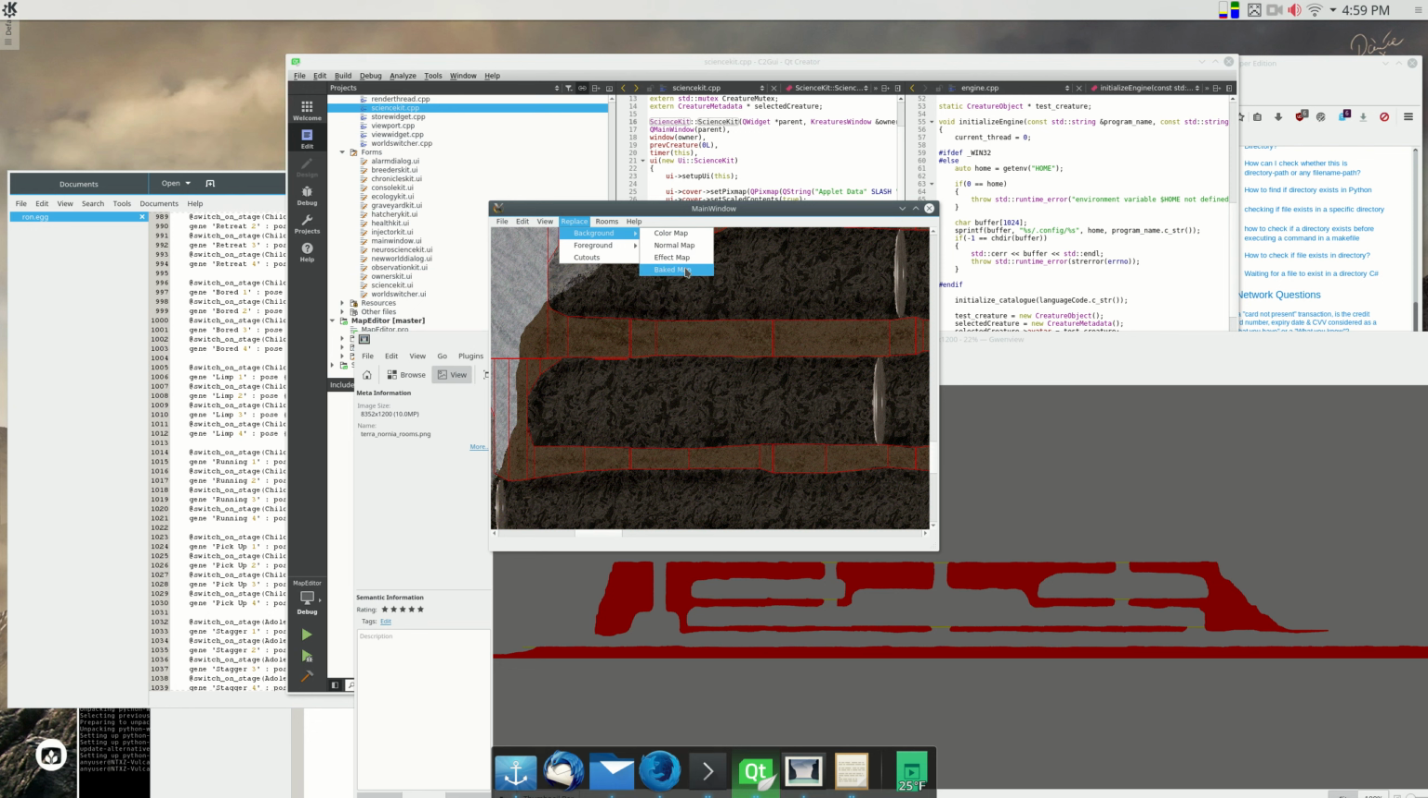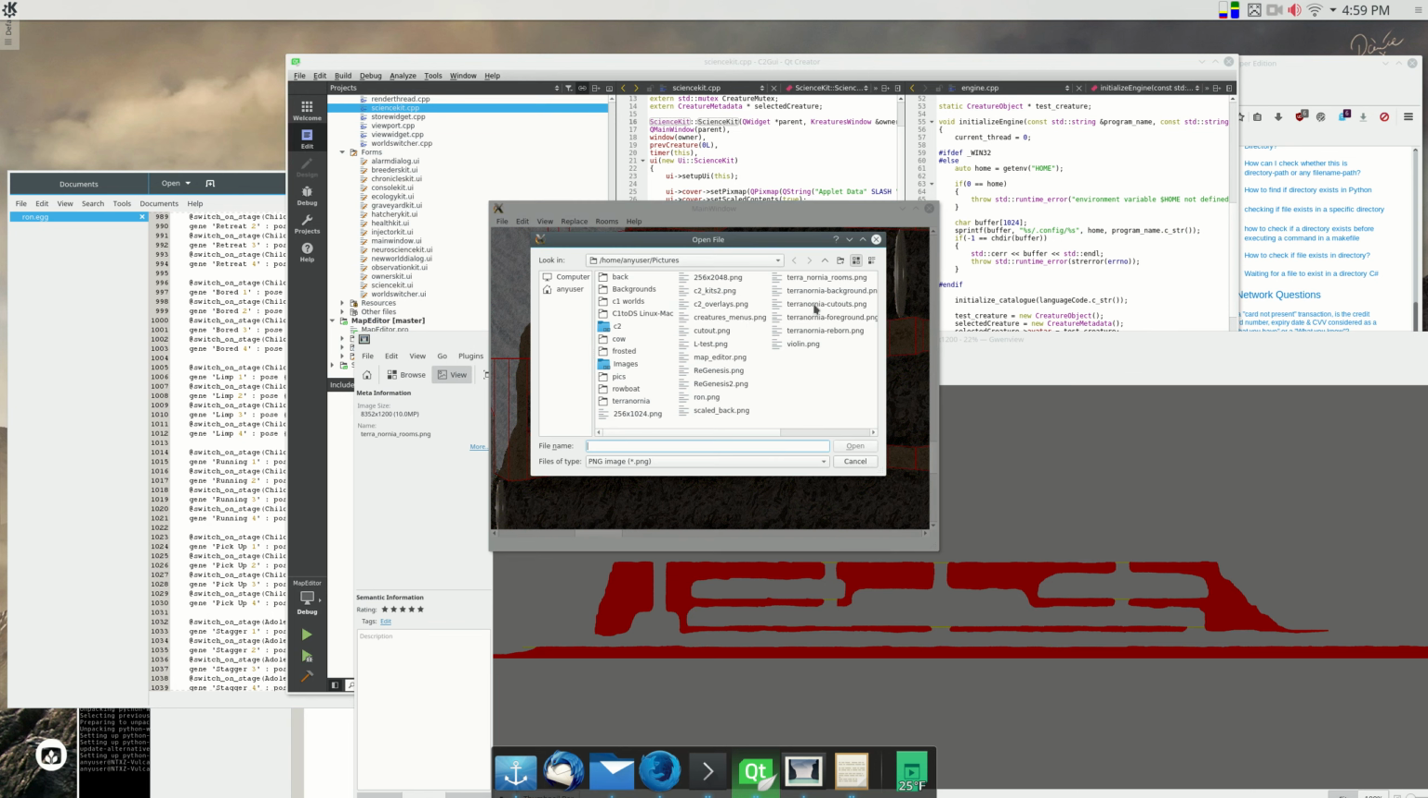And the normal map's actually a bump map. I just haven't renamed that yet. Effect map is like specularity, iridescence, etc. Foreground and cutouts are both overlays. They're both at plane 50,000. Foreground overlays can accept lighting. Cutouts can't accept lighting. So if I import the cutouts here